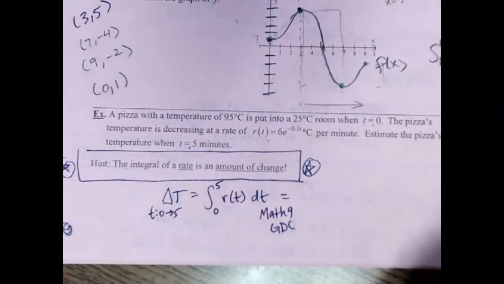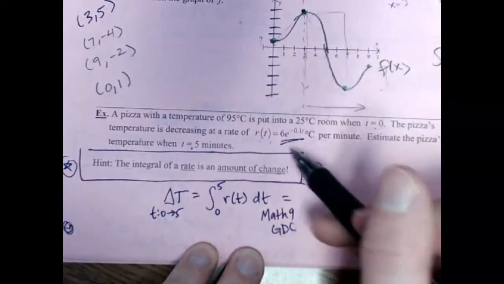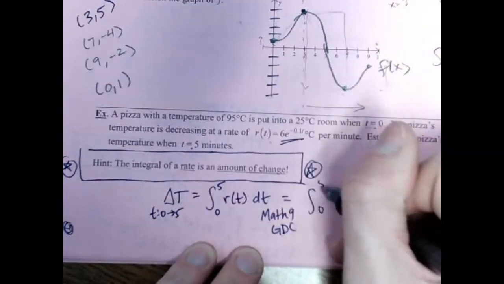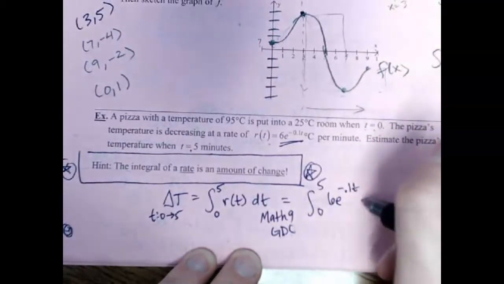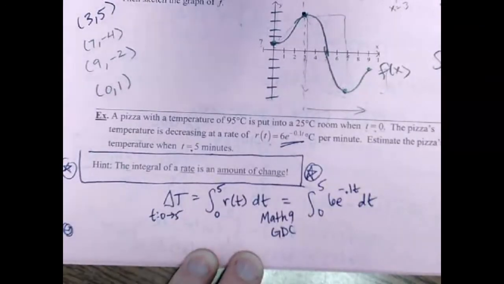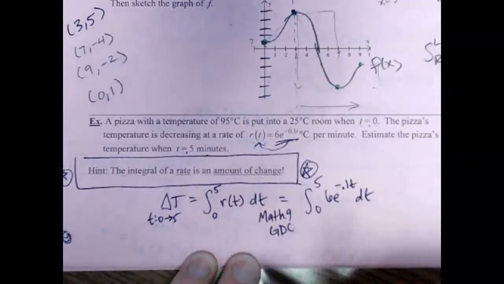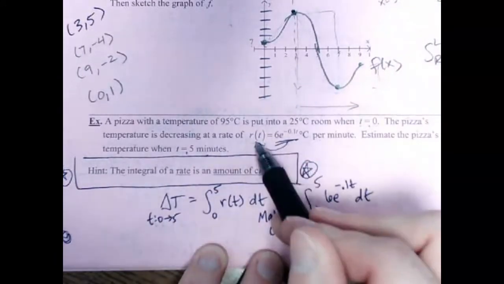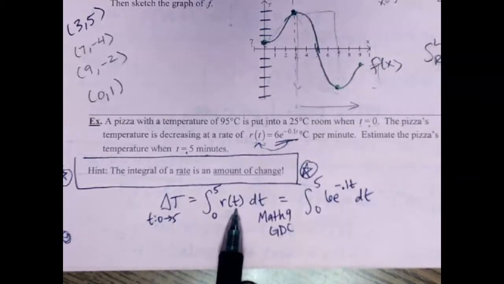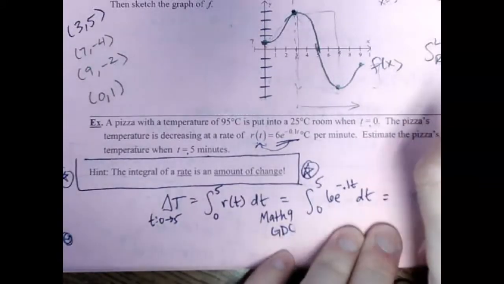Now, on your AP exam and also in my class, if the function is named for you, you don't have to write it all out. Okay, 6 e to the negative 0.1 t dt. You don't have to do that. You can. But if the function is named r, you're welcome to just leave it and say, hey, I'm going to integrate r. You don't have to tell me what r is. If r is defined for you, you're welcome to just say, hey, I'm going to integrate r. But if you want to do this, that's fine. Anyways, when you integrate this, you should get something like